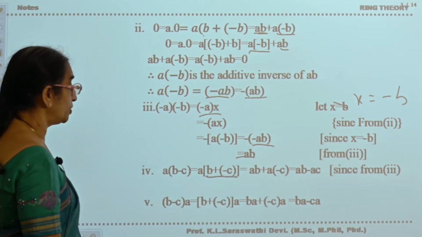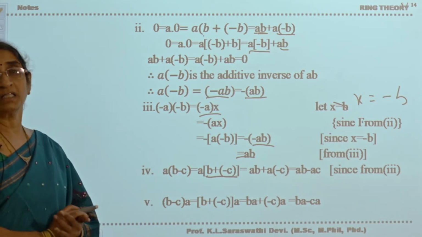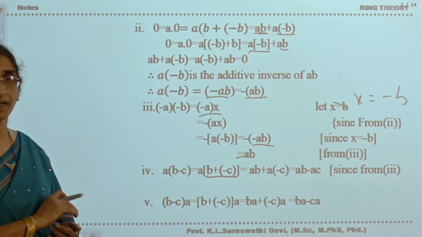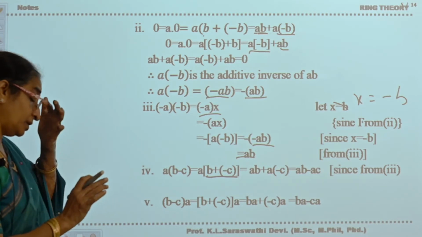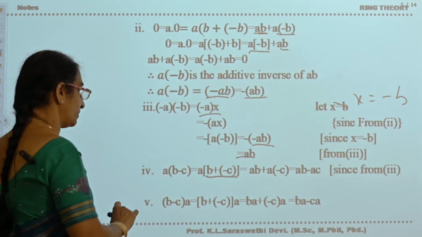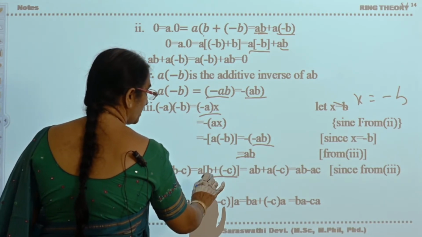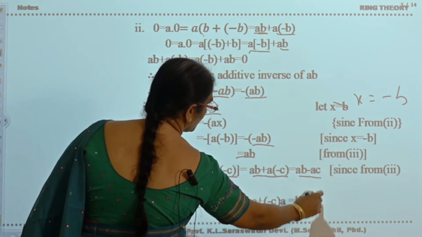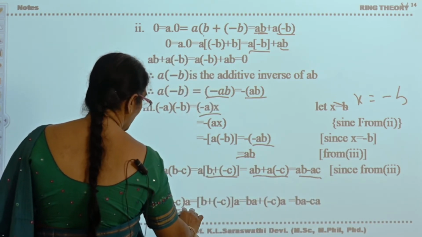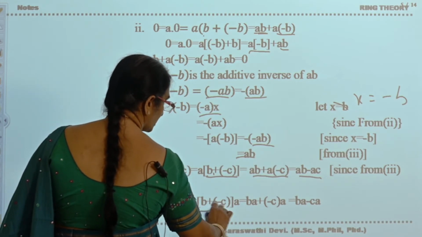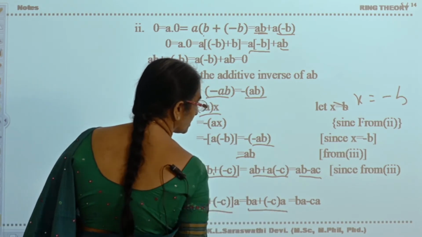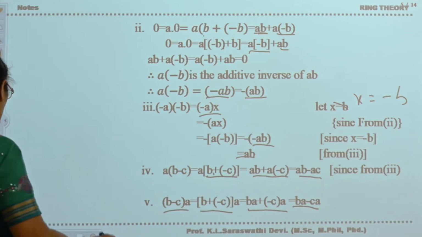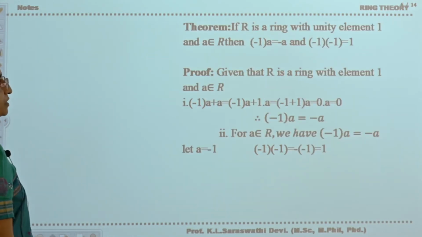Now, already I told you, in abstract algebra, subtraction is treated as the inverse of the additive element. Okay. Now, addition of the inverse of that element. So, b minus c can be written as b plus minus c, that is ab plus a into minus c, that is ab minus ac. Similarly, b minus c can be written as b plus minus c into a, ba plus minus c into a, that is ba minus ca. These are the properties of rings. The elements of the rings will follow these properties.